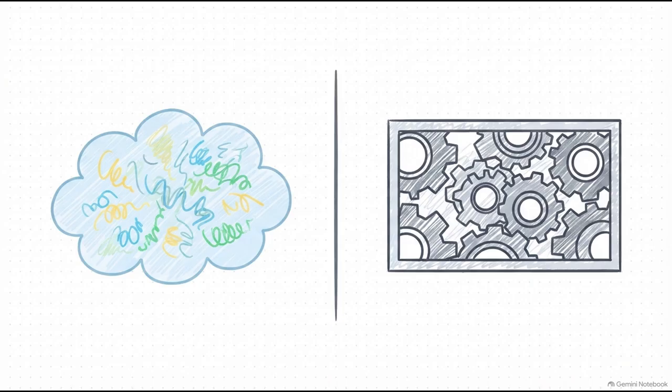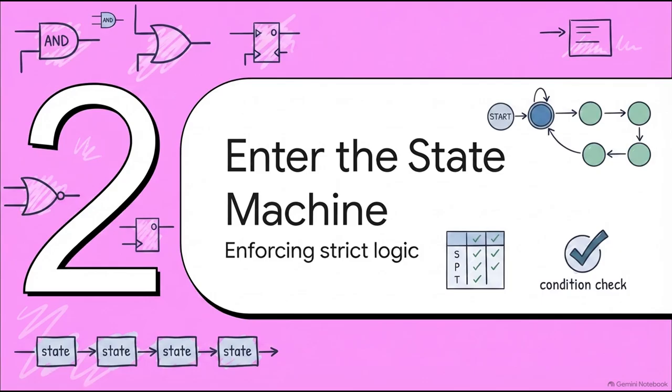See, AI models are inherently probabilistic. Think of them like incredibly enthusiastic, super creative interns who might just confidently guess the totally wrong answer. If every single suggestion they make becomes an automatic action in your system, you are literally driving without brakes. Real safety requires a deterministic framework, a rigid manager that restricts that autonomy to predefined, genuinely safe transitions. Which leads us perfectly into Section 2, Enter the State Machine, where we talk about enforcing strict logic.